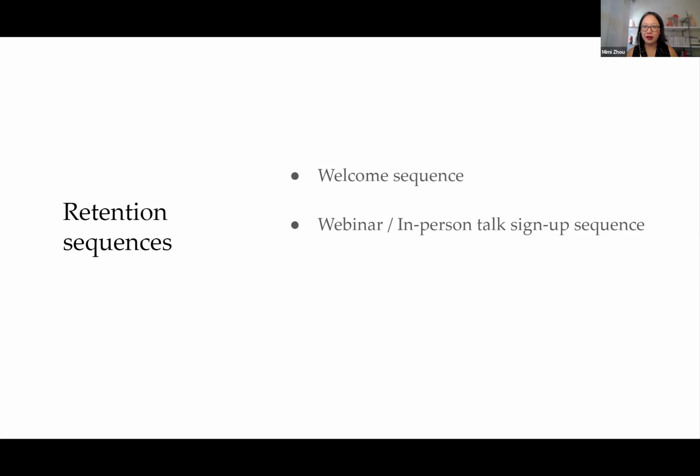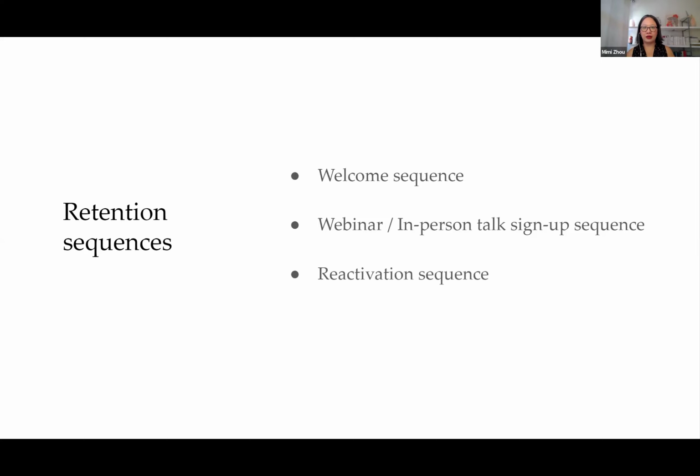And finally, if you are already sending out emails to your list, but you have a segment of your list that doesn't really engage, so they're not really opening, they're not really clicking on your links, you can consider a reactivation sequence.